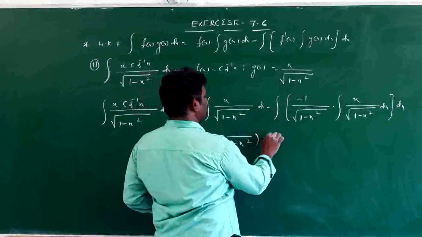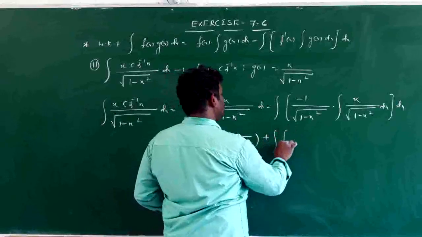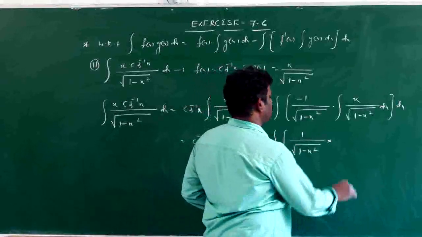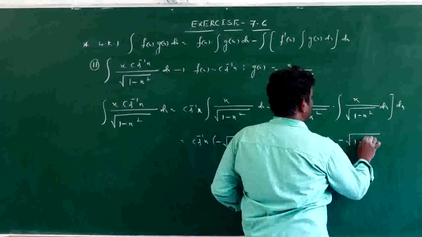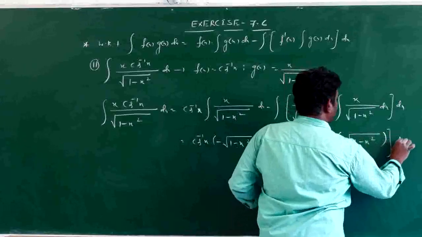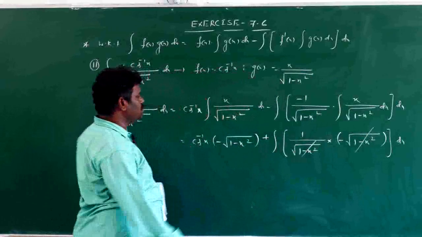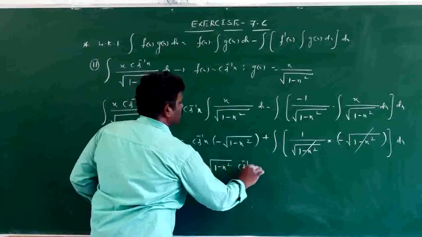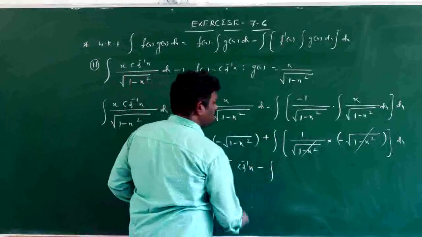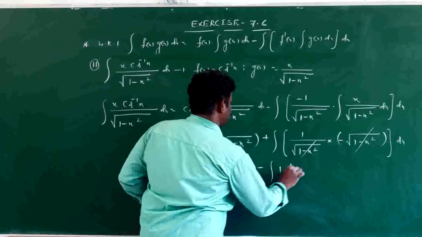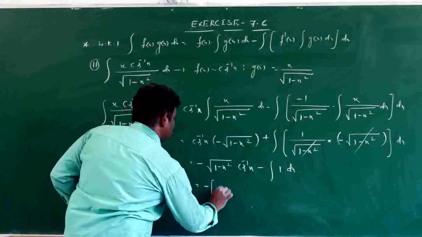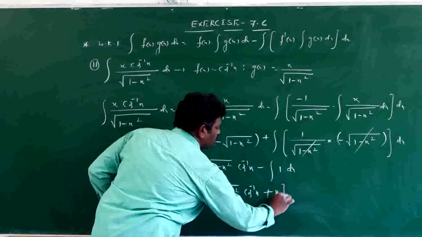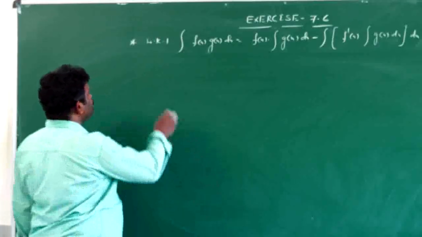Next minus into minus ma plus integral, 1 by square root of 1 minus x square into minus square root of 1 minus x square dx. So these two are cancelled. Then see ma, that is equal to minus square root of 1 minus x square cos inverse x plus into minus ma minus integral 1 dx. So finally we have minus half square root of 1 minus x square cos inverse x plus c value. Right,